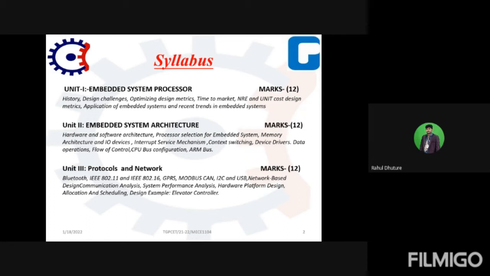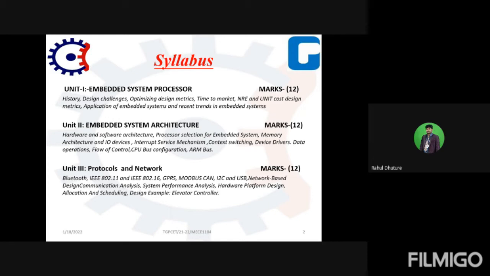If we are using this embedded system in a network, at that time what protocols and what different types of networks do we have to use for communication, using mobile communication, using wireless communication, like that. For that purpose, we need the protocols and the network in the embedded system, so we can study